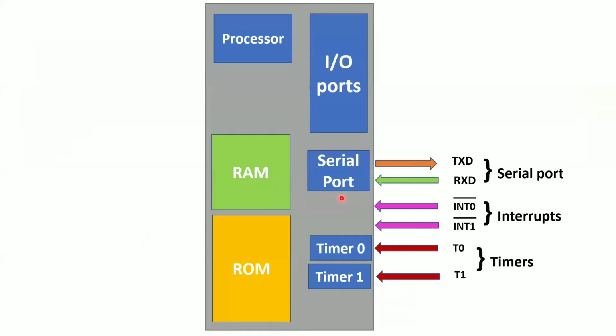Now you see this diagram. This is your microcontroller, which consists of your processor, RAM and ROM, 2 timers, a serial port, and IO ports, 4 parallel IO ports. And among these, we have a total of 5 interrupts. 3 are internal and 2 are external. What are those 2 external interrupts? INT0 and INT1. Whenever you want to interrupt your microcontroller externally, you can interrupt with these 2 external interrupts.